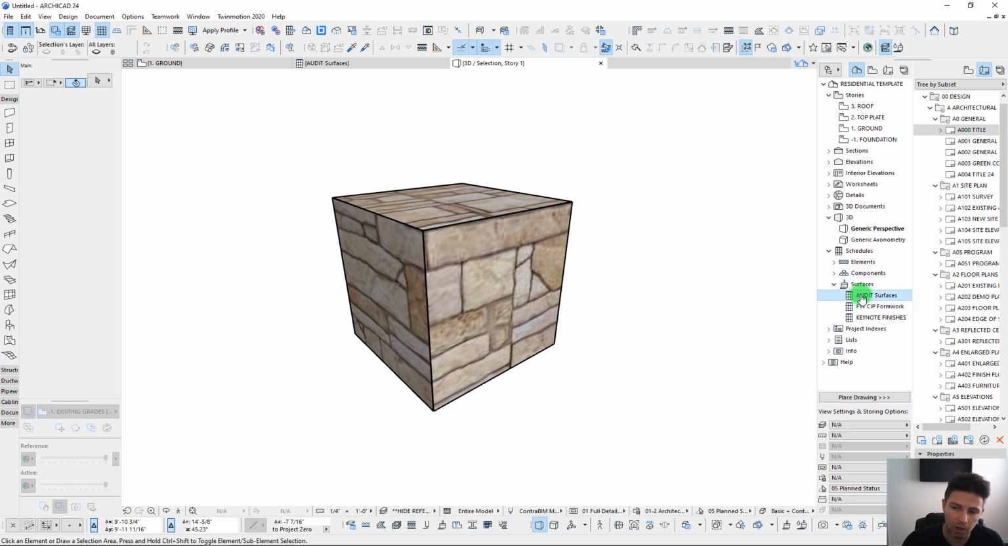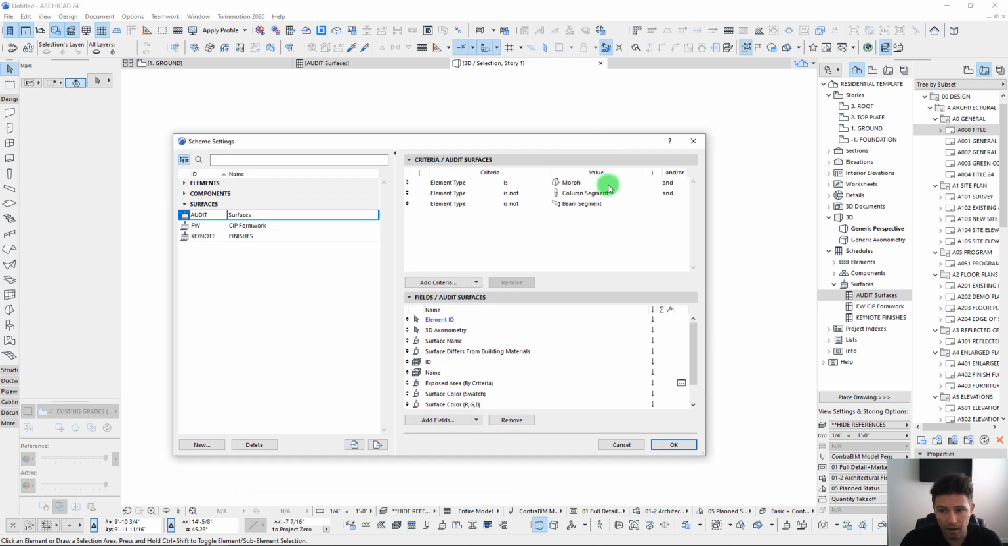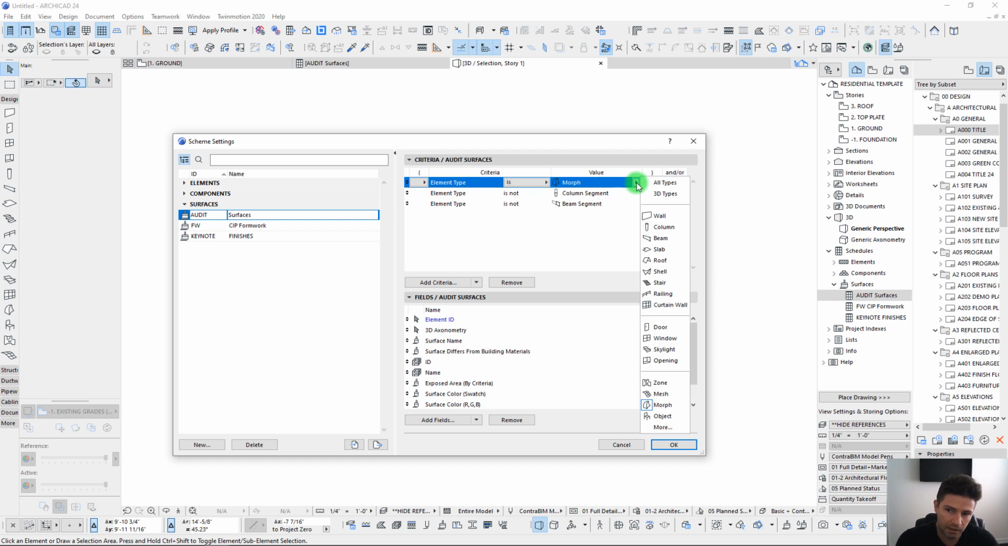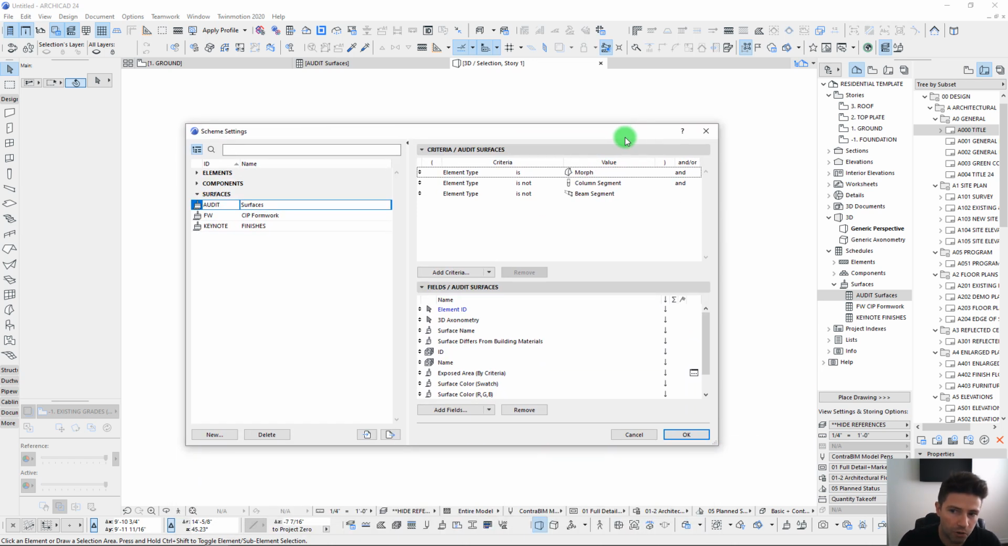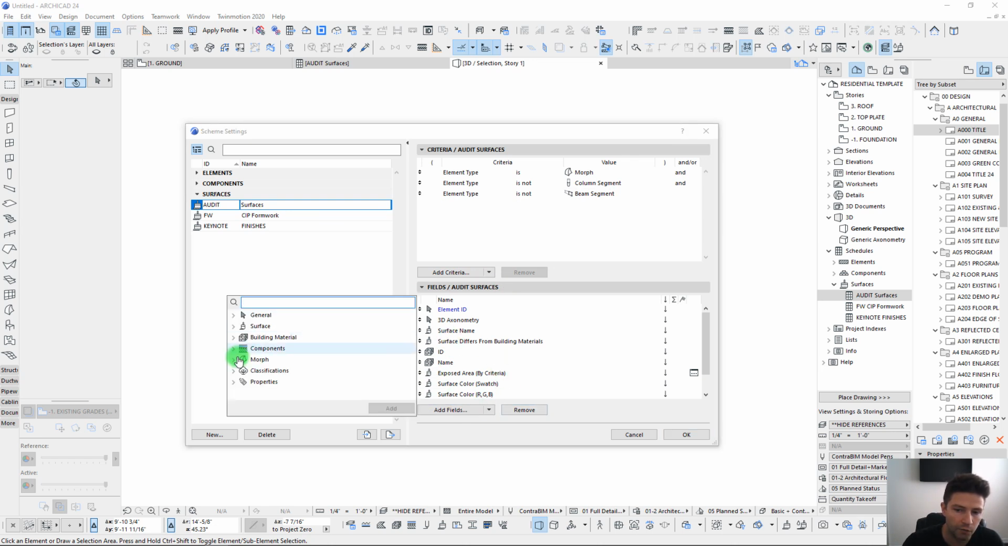So in this case, we're going to start with a very basic report, which is essentially going to be an audit. I've set this up so that we are searching for any element type that is a morph. And like most other reports within Archicad, I always like to exclude both the column segment as well as beam segments, because that can create some duplication that's not always obvious. So with these surface-based reports, we actually open up some new parameters under the fields, and that's going to be relating to this surface